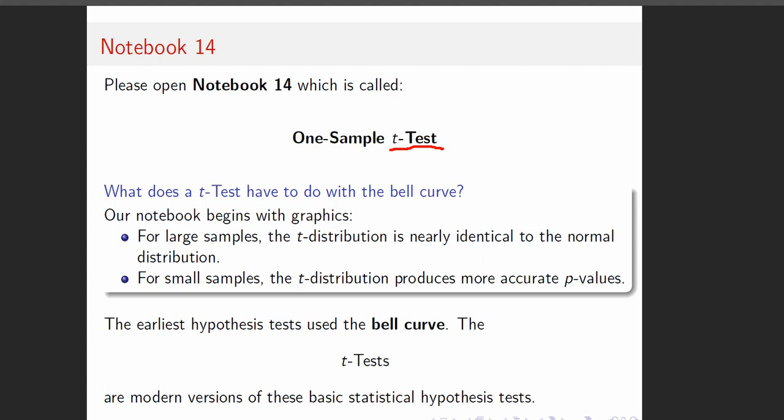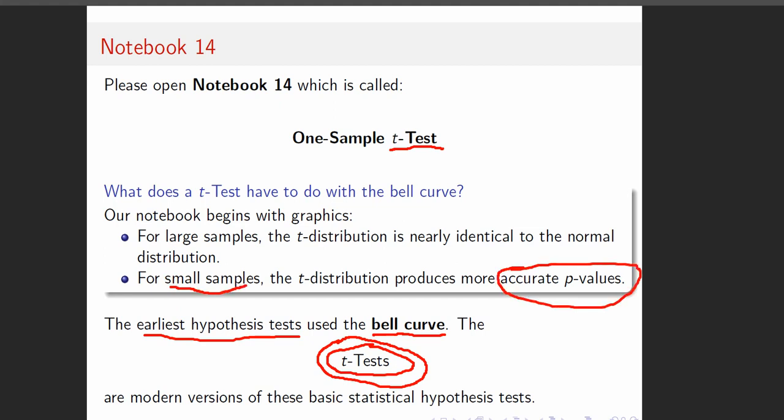Now, kind of jumping to the bottom, this is a whole lot like the bell curve. The t-tests are based on a very similar distribution to the bell curve, or the normal distribution. And so the very earliest hypothesis tests use the bell curve. But it turns out that the t-tests are a little better, a little more robust, especially for small sample sizes. So with small samples, we get more accurate p-values with the t-test. This is the modern version that we use for